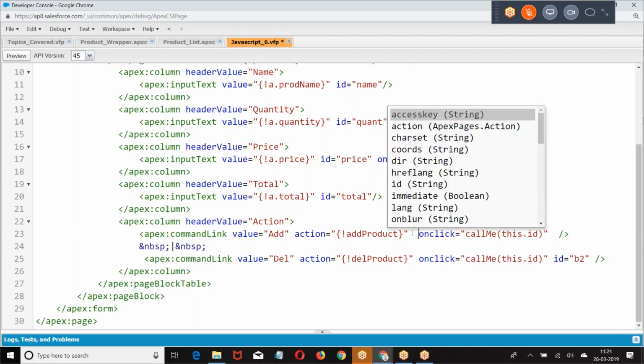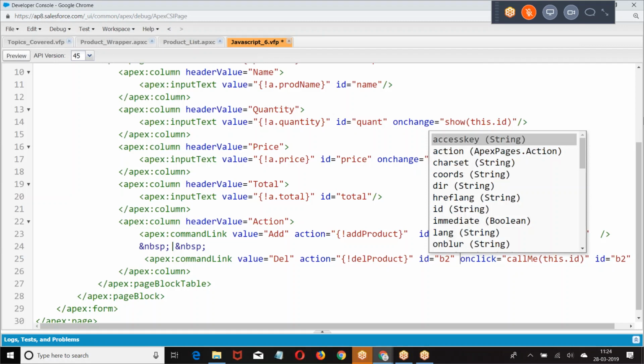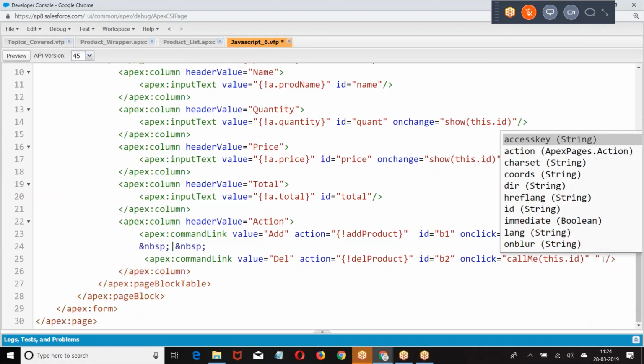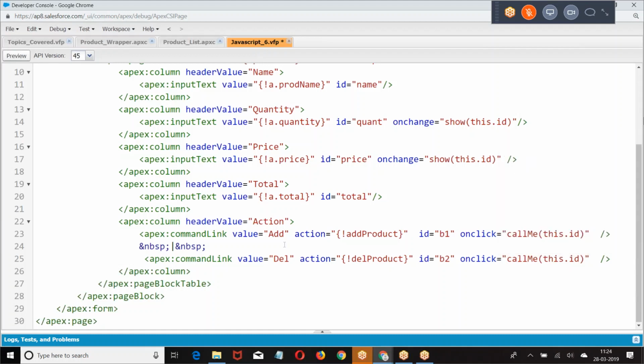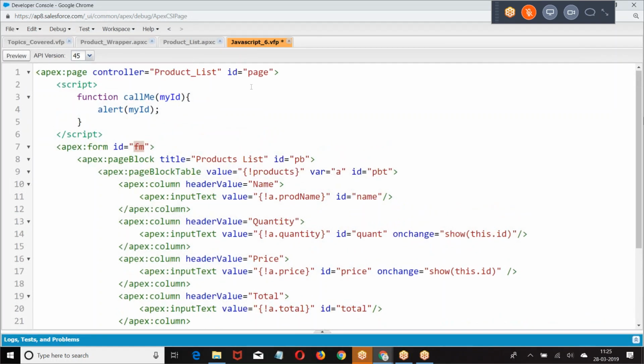Go to the ID of the element. The ID of the element is already given here. Then check anywhere I have not given an ID. Page block table, page block table, form.